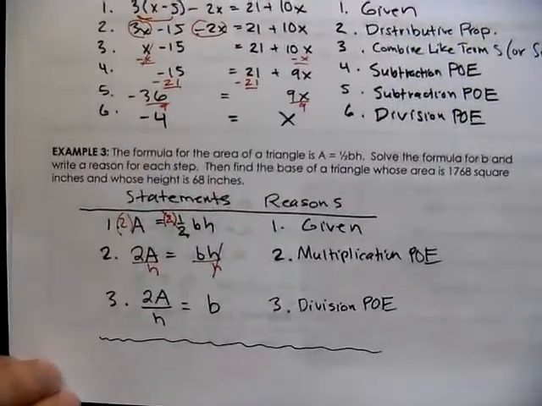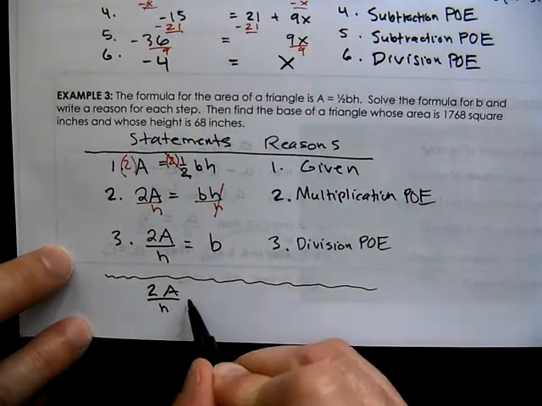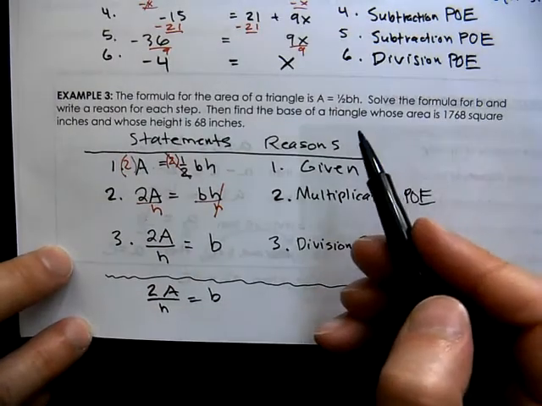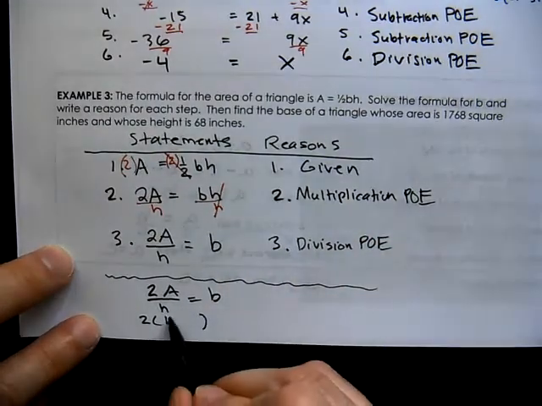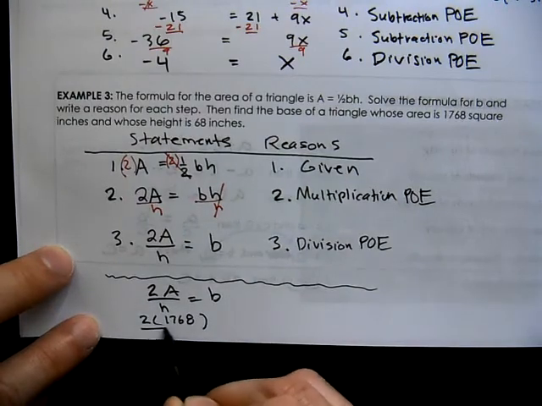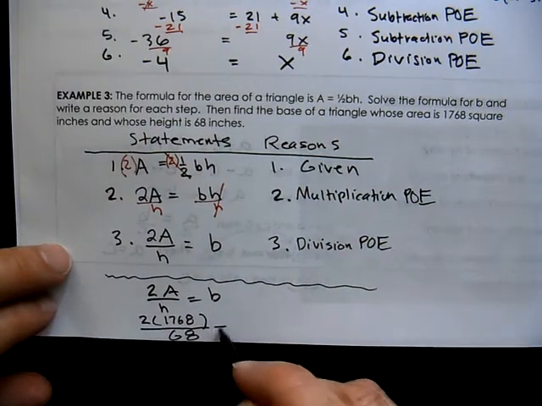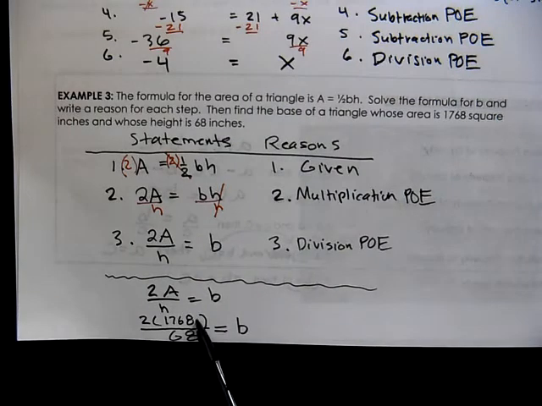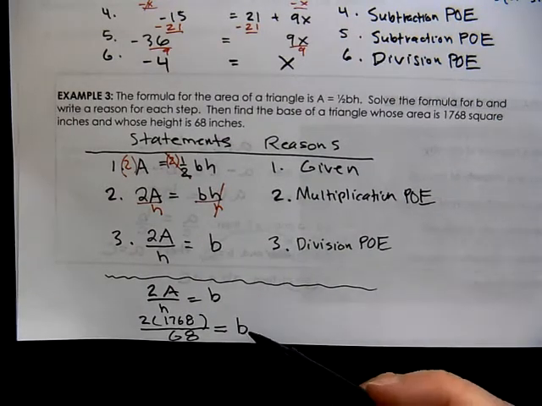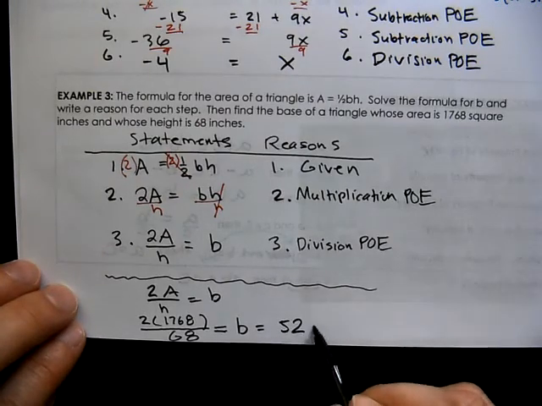Alright, so here's my formula. My formula is 2 times the area divided by H equals the base. So let's plug in the numbers they give us. So 2 times the area is the 1768, divided by H, the height is 68 inches. So we have 2 times the 1768 divided by the height of 68. Notice my variable is already by itself, so I don't have to do any more operations. We just go straight to the calculator to type that in, and we get an answer of 52, and that's